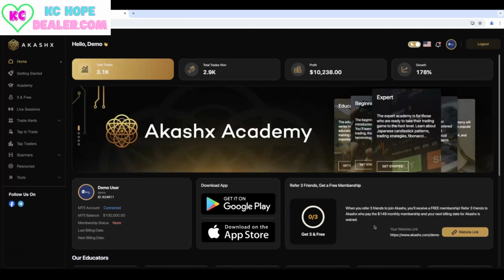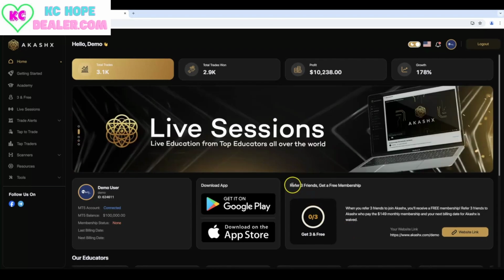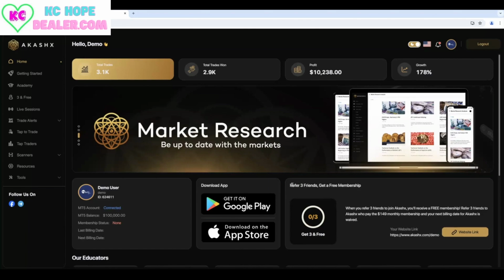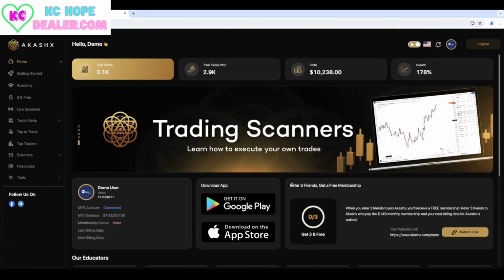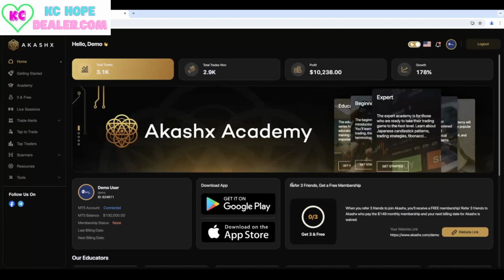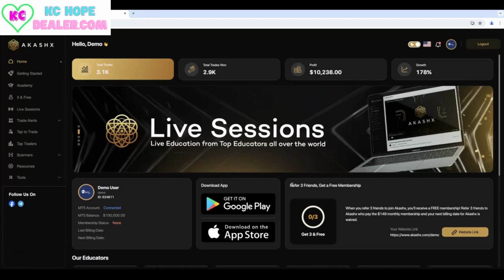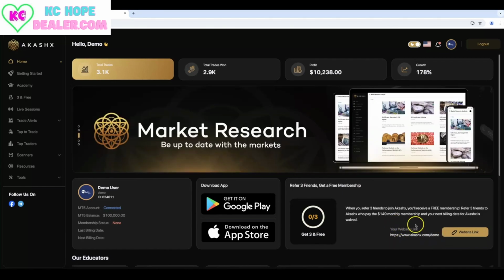Another thing is we have a 3 and free program with Akashx. It's one of the coolest features of this platform. You're paying a membership to get access to Akashx. That membership is $149 per month. If you refer just 3 friends that want to trade with you, then you get your membership waived. So you literally don't have to pay ever for your Akashx membership as long as you have 3 active paying subscribers that you've referred. You can do that by using your akashx.com replicated website, which is right here,